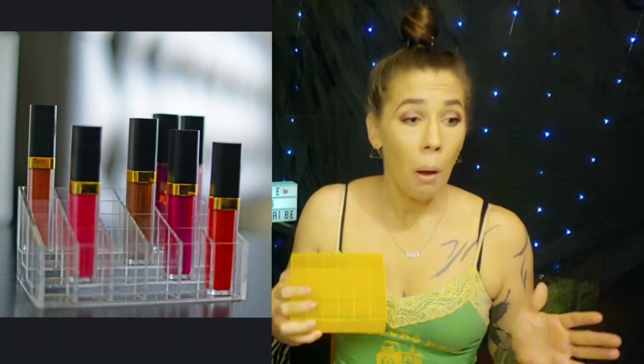All right, guys, so let's go ahead and get the first item. So the first item we have says that it is a display rack. Display rack. What could that be? All right. So it's yellow. Very, very thin protective film around it. Not that good, Wish. But this is an organizing tray for maybe your pencils, your lipsticks, your brushes, anything that